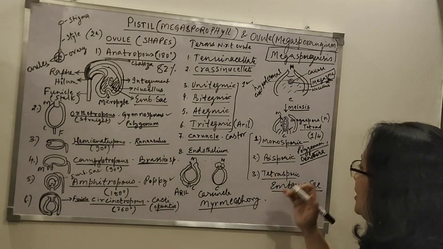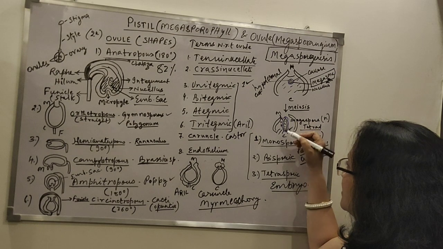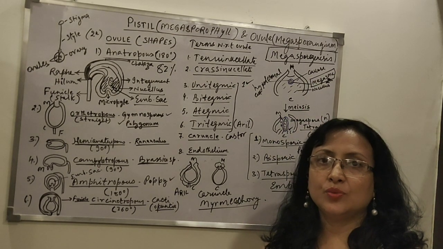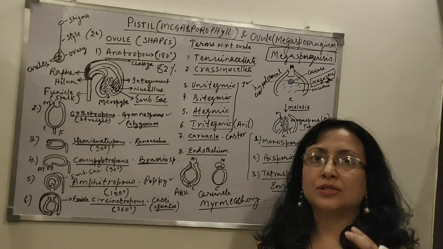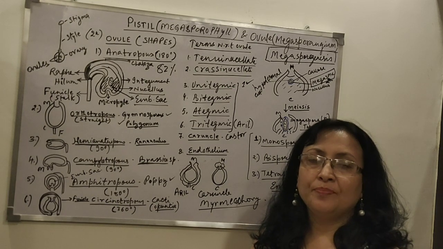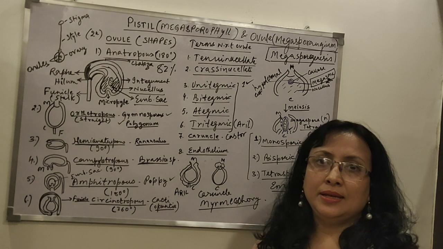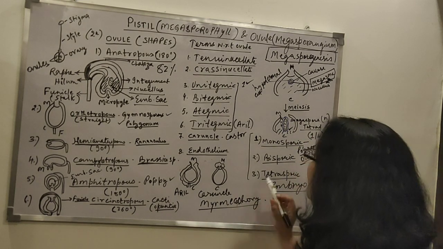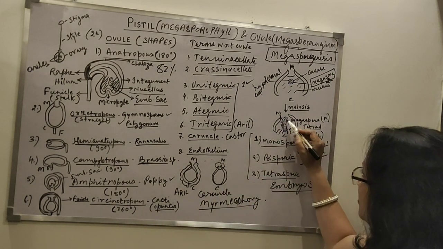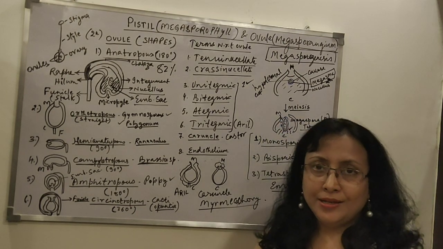And bisporic, tetrasporic, what are these? Now sometimes the two chalazal megaspores may survive and the two towards micropyle may degenerate. In that case, when the two chalazal megaspores give rise to the embryo sac, you may call this bisporic. There are examples for this which are mentioned in your notes, like allium, endymion. And tetrasporic is when all four survive. That means the entire tetrad survives and gives rise to an embryo sac.